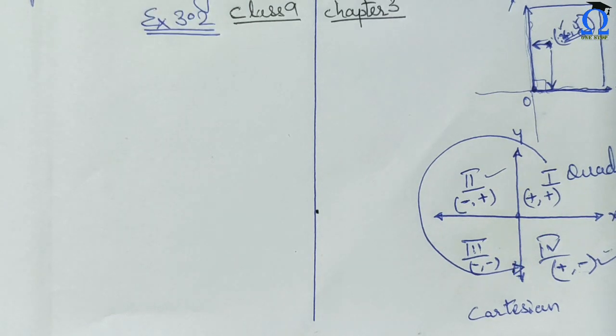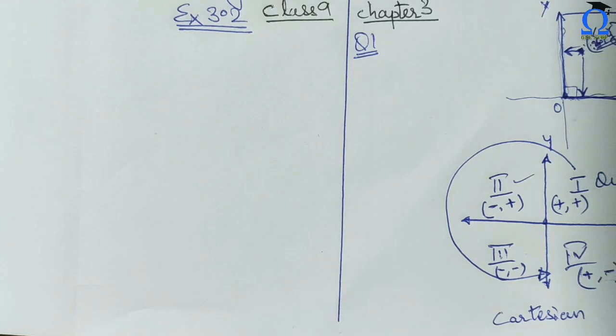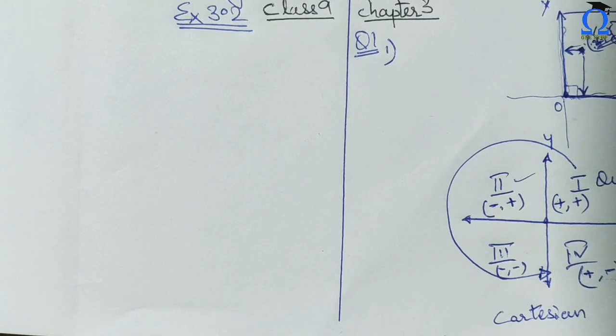That is exercise 3.2. Okay, we just have to read the statement and define what is asked in the question. So question number 1, first part: what is the name of the horizontal and the vertical line drawn to determine the position of any point in the Cartesian plane? Okay, so we know that the horizontal line is called the x-axis and the vertical line is called the y-axis. Now we have some other names also for x-axis and y-axis, and we will be using those names here.